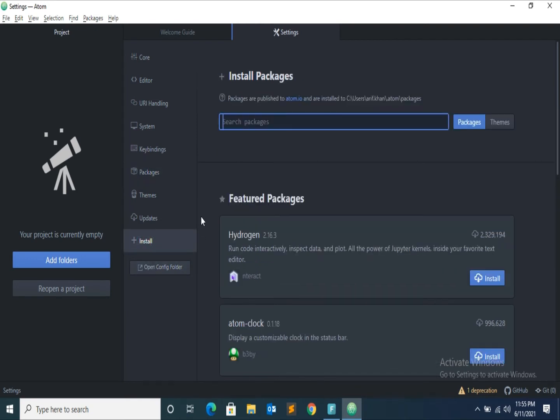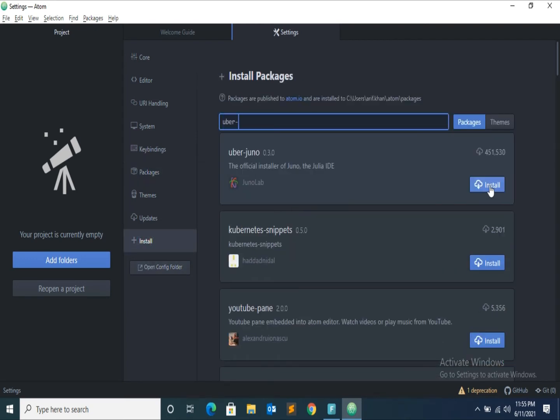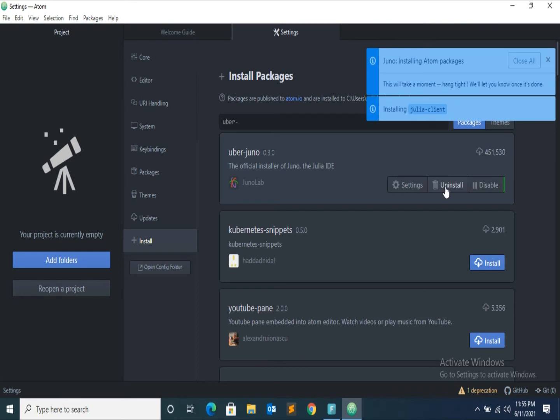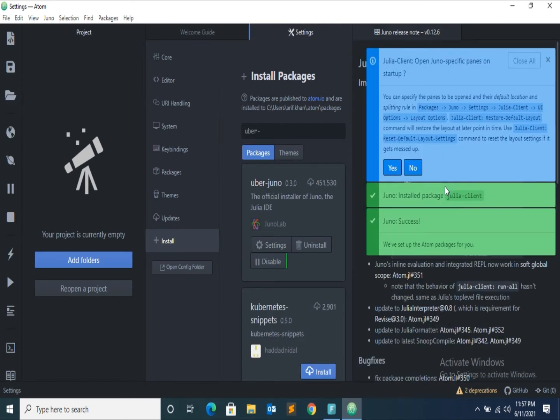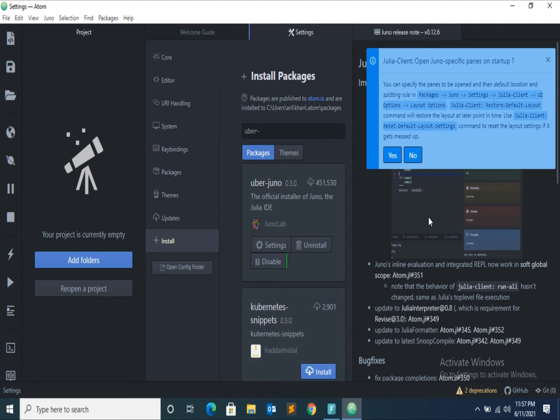Press install. Now write Uber. You will see Uber Juno in front of you. Press the install button. Now wait for some minutes. Press yes.